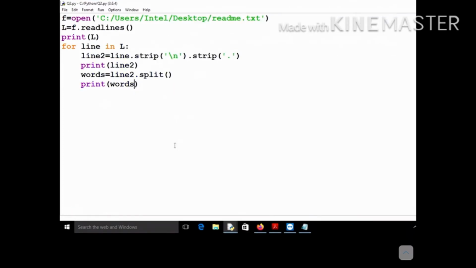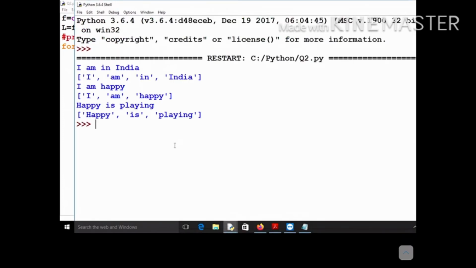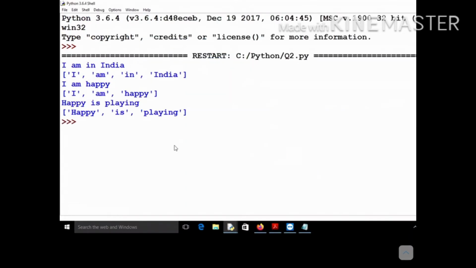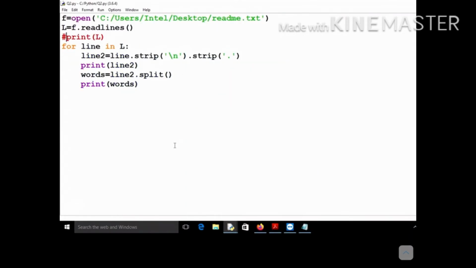Okay, so let me remove this statement. You know what this L will be containing, so you need not print it. You can see that now this is your pre-processed line, this is line2, and these are the words present in your words list. Words is a list which is containing these elements. I hope you got the concept. So you first pre-processed your line, and then you split it into words. Now you can check whether, no need to print the words list, you know that the words list is containing the list of all words present in line2.